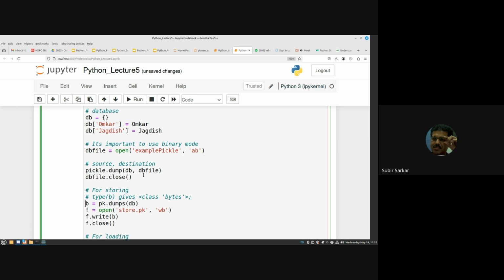So I convert into B. Then I open the DB file with open, and instead of AB, append, binary, where A is append, I can make it WB. And then it says pickle.dump, and I said write. So instead of saying this, I can say